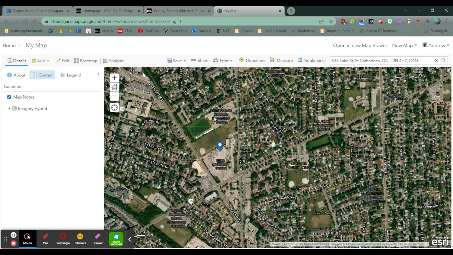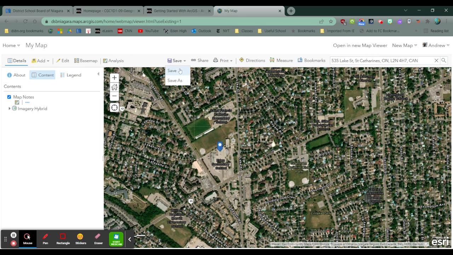It's very important that you teach your students how to save their work, because this is not going to be like a Google document where it automatically saves. There are different components of ArcGIS that have an automatic saving component, but we're working with what we call a web map right now, and it does not automatically save. This can be both a blessing and a curse. So I tell my students that they should always just simply click on Save, and never use the Save As